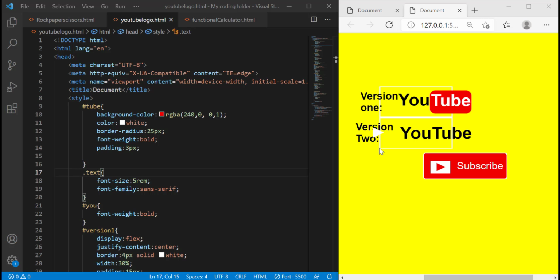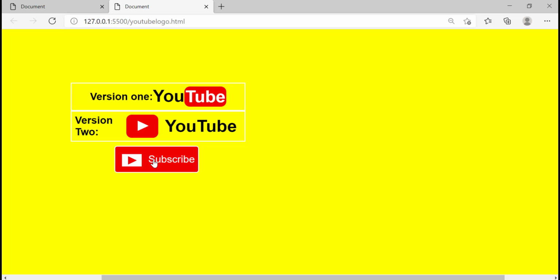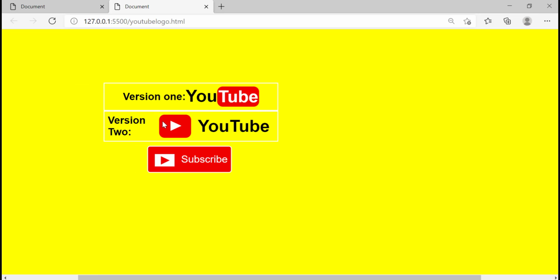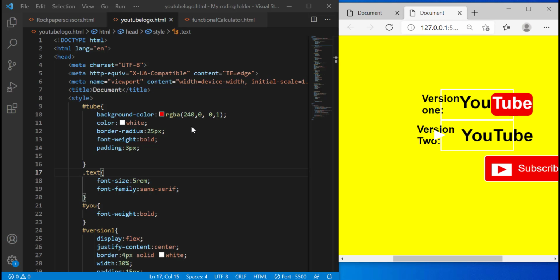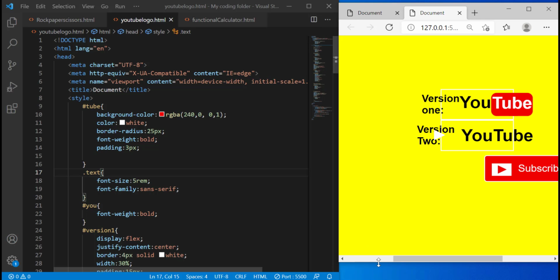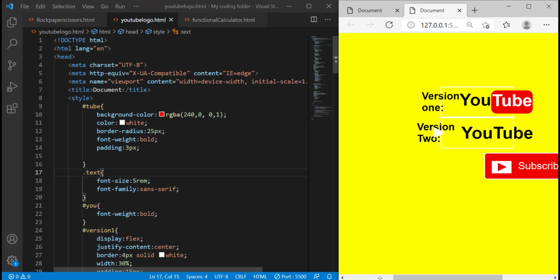In this video I will be showing you how to design the YouTube logo as well as the YouTube subscribe button. Here's what it looks like. There are different versions of the YouTube logo, so I designed two of them. The first one is this one, where the red circular box is the background of "tube". And then the other one where it's just YouTube and the red box with the white arrow, and the subscribe button as well. So stick around till the end if you want to learn how to design the YouTube logo